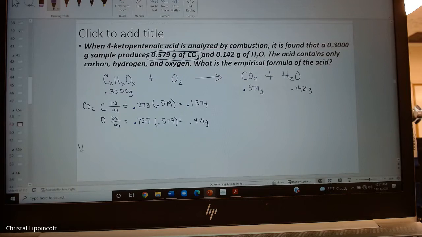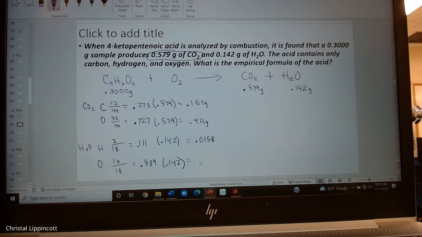So water, my hydrogen and my oxygen. My hydrogen is going to be 2/18. That's 0.111. My oxygen is going to be 16/18, which ends up being 0.889. Okay, then I multiply that times the mass of the water. And I end up with